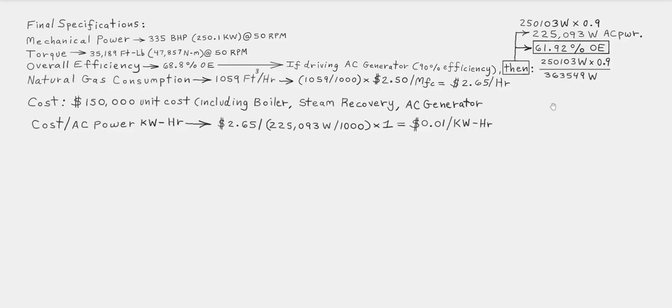So if we put 2 of these up at $300,000 of overhead cost, this then comes to, say, $50,000 to get the foundation built, and then $150,000 for the unit. So this would be about $200,000 a unit, $400,000, and that would harness 450.186 kilowatts, and if it's running 24 hours a day, then it's 450.186 kilowatt hours